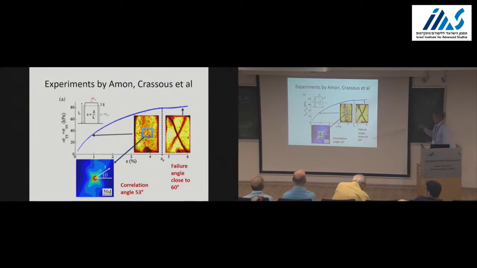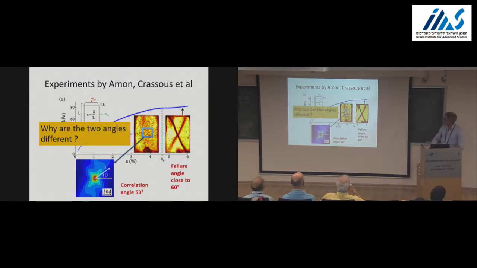If you look at the correlations at the angle of the shear bands here, it turns out to be close to 60 degrees with variations, because there is also, I mean, the shear bands are sort of attracted by the corners of the sample, etc. And there are variations from sample to sample, but it's always around 60 degrees. So the question I would like to ask is,